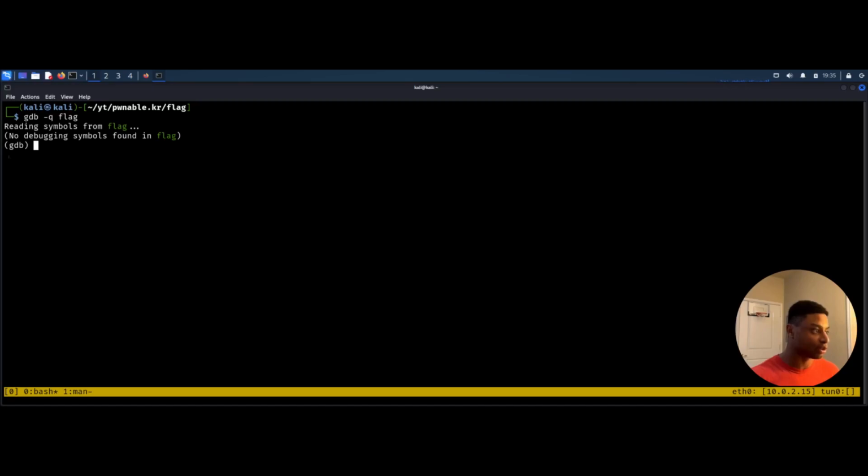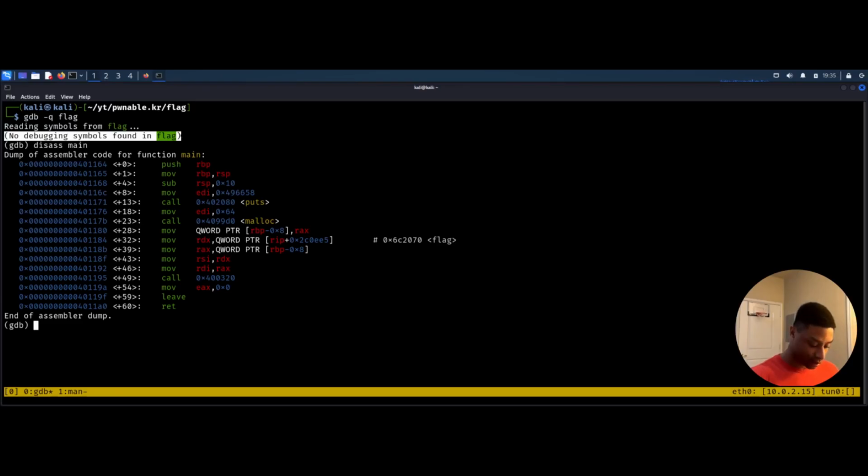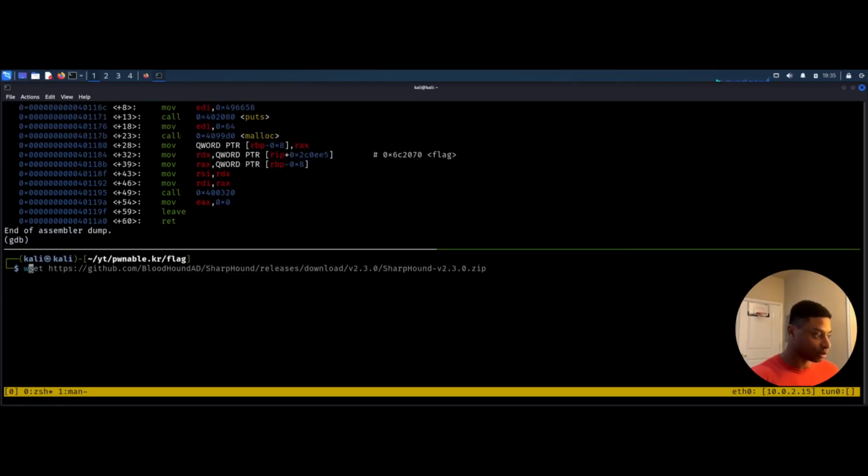Pass -q to quiet it so it doesn't give me all that header information. It still whines and complains that no debugging symbols are found. That's okay. You can still disassemble it with main. And just to, I guess, beat it like a dead horse,